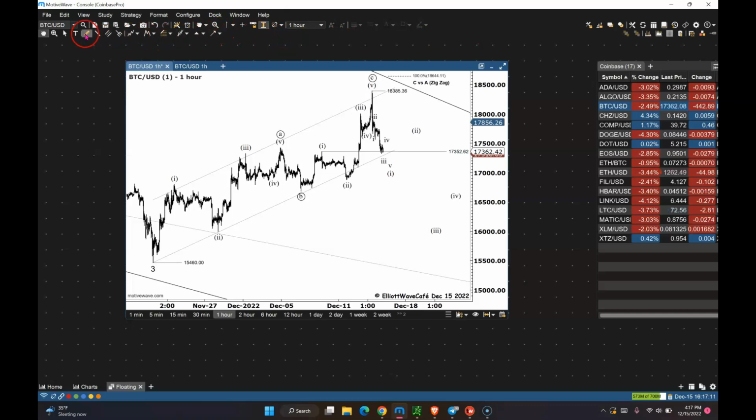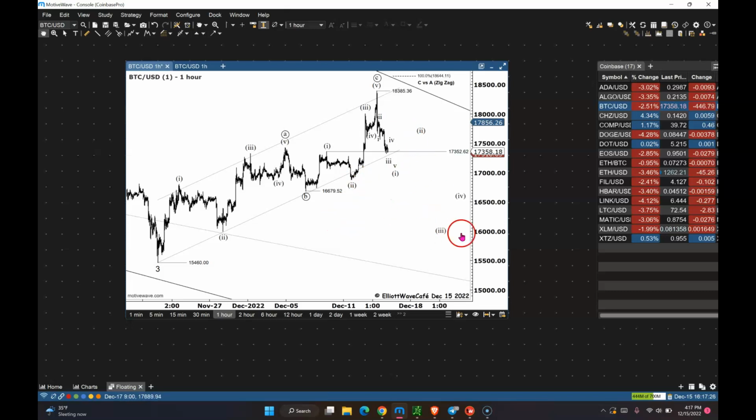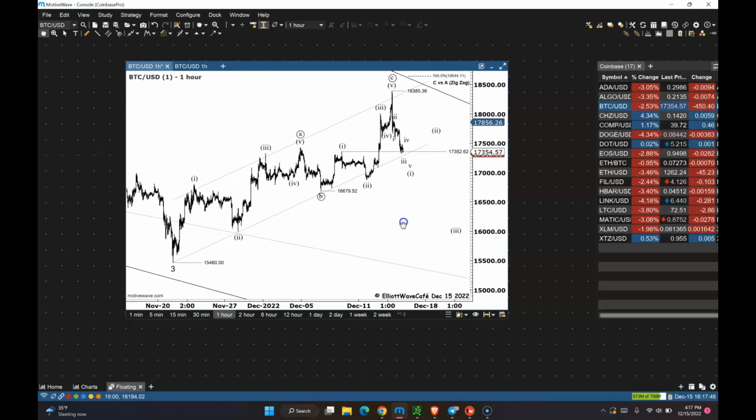If you want to wait a little bit more, you could wait for a break of this B wave here, which is at about 16,679, one more time, and once you break that, I think it's going to become more clear that this is actually declining lower. So we'll continue to watch this. Based on this rejection, I would continue to be a seller of Bitcoin on rallies. Now, we're still holding the bottom of this channel, so I want to be cognizant of that and respectful of that. Again, that would be another indication that the odds are favoring further decline.